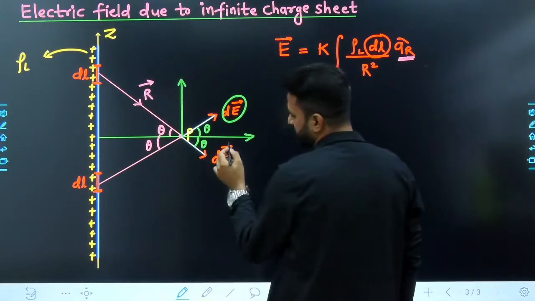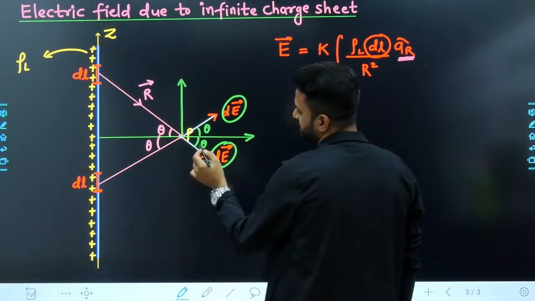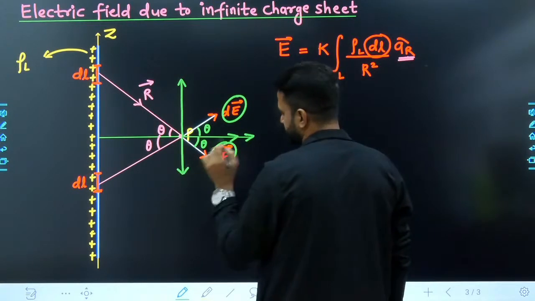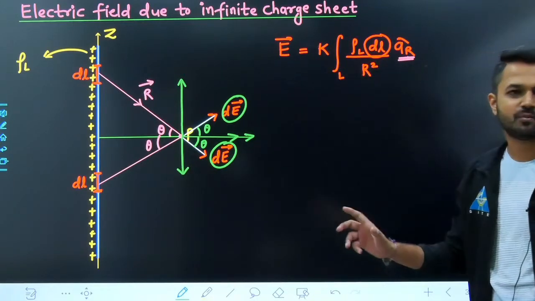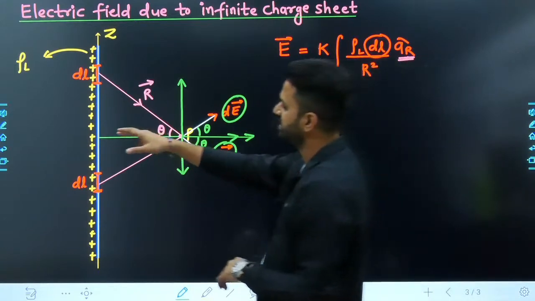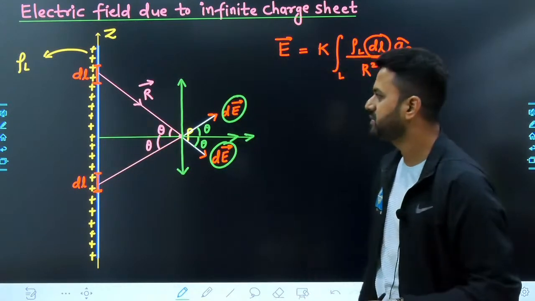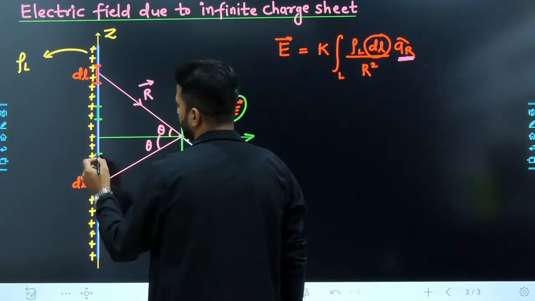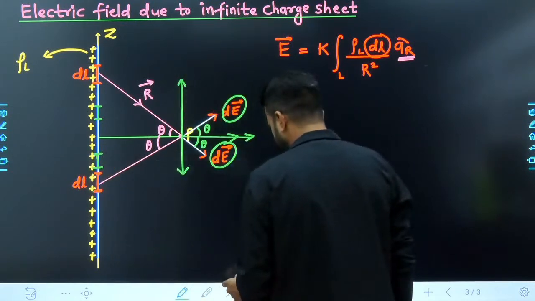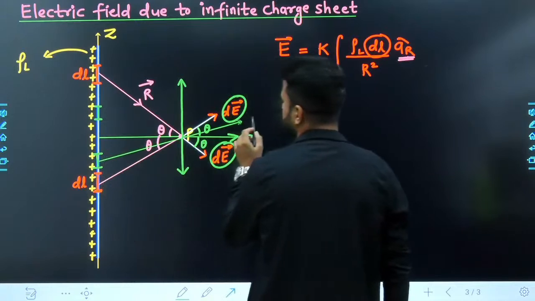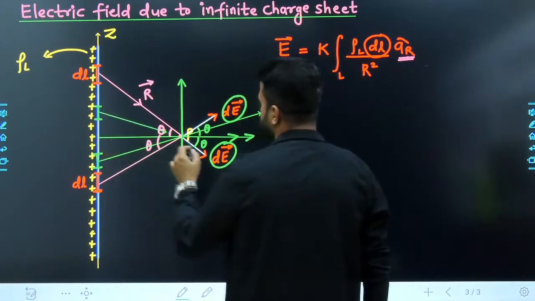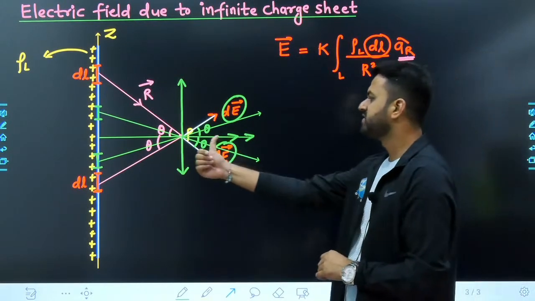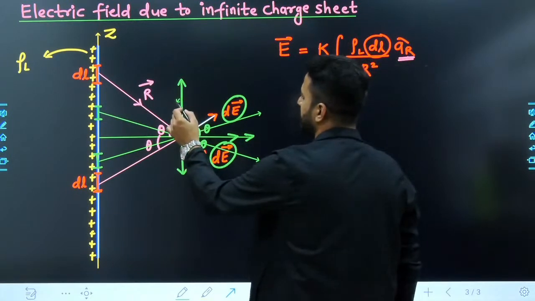And for this electric field dE, that is also making an angle theta. So one component will go in this direction and another component will go in the downward direction. So it will happen for all the possible differential lengths above and below this line. If you consider the differential length here and at the same distance below this, then also you will join the line, and the direction of electric field will go in this direction and in this direction. And when you resolve it, again the electric field will go in this radial direction and another will be